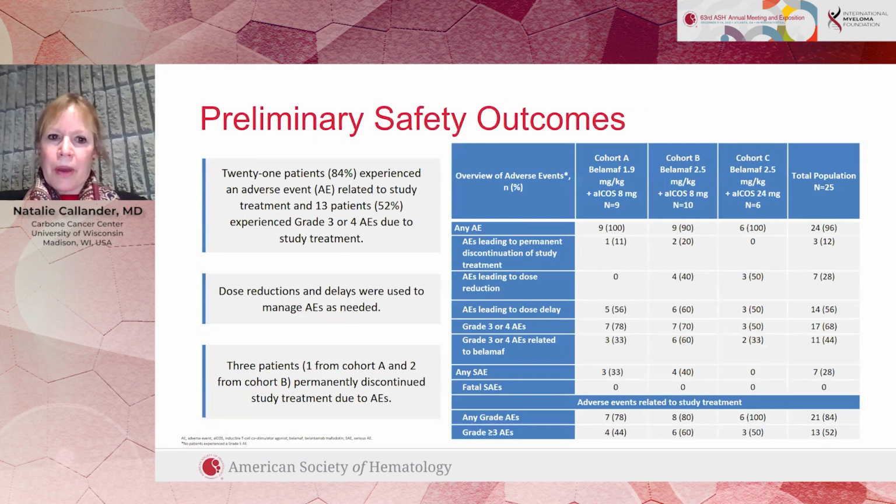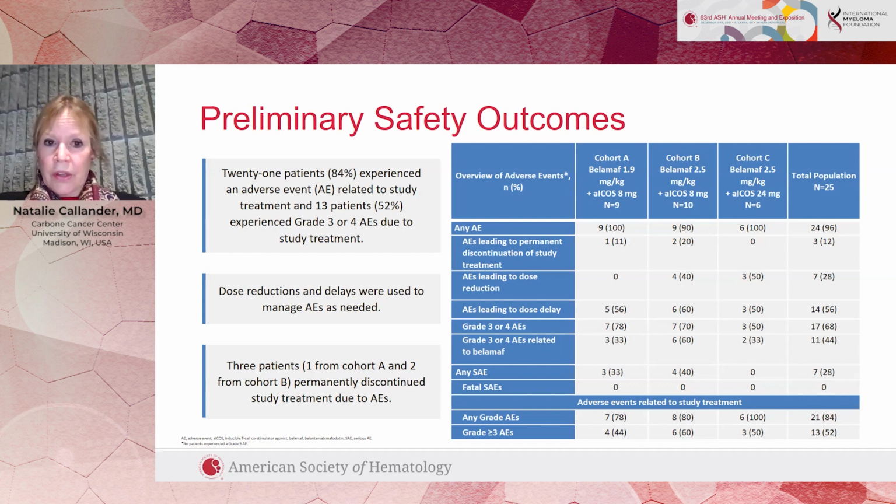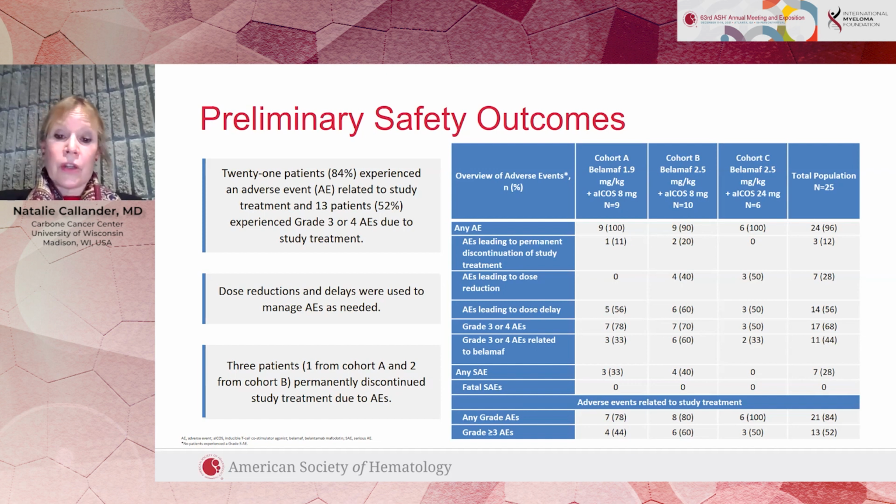Now let's talk a little bit about safety. So many of you may know that belantamab has been associated with a side effect called keratopathy that we're going to talk about in a minute, which stands for corneal irritation. About 96% of patients did have an adverse event, but only 3 patients actually dropped out of the study because of adverse events. And most of the adverse events were managed by either delaying doses of belantamab or decreasing the